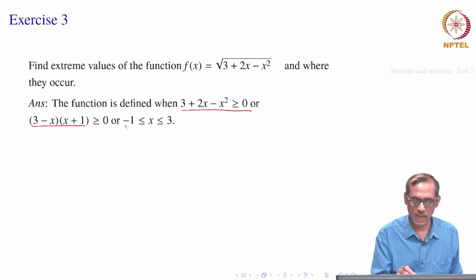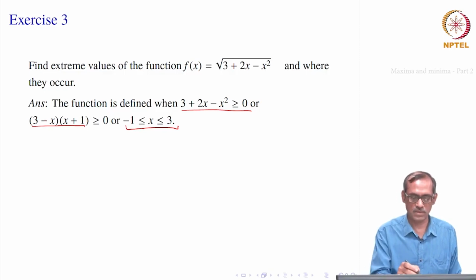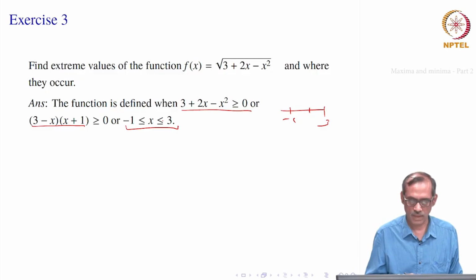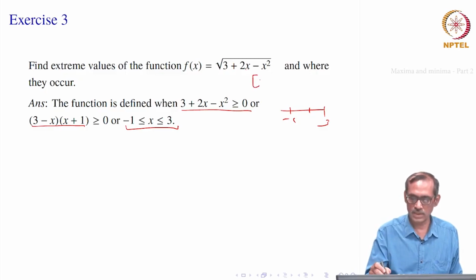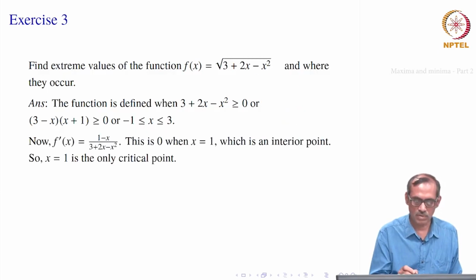That means x must lie between minus 1 and 3. It is x plus 1 into x minus 3 less than or equal to 0. So, if x is inside minus 1 to 3, then x plus 1 and x minus 3 product is less than or equal to 0. That gives x belongs to minus 1 to 3. So, that is our domain now. Then there we consider the interior points and then critical points and then the end points and compare. That is what we do.